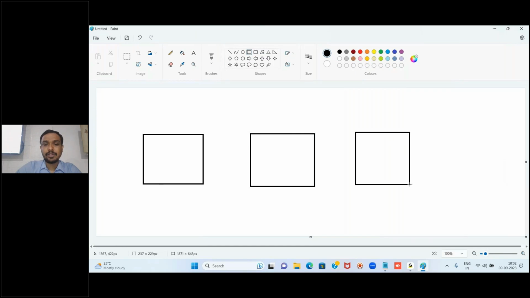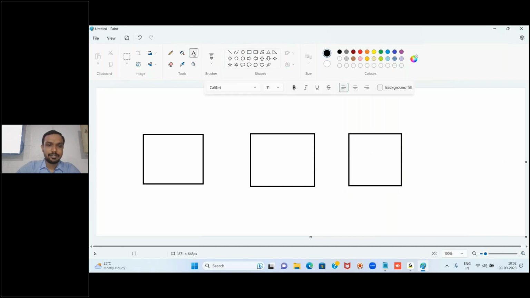Every web application follows this three-tier architecture. What does it mean? What does it contain? The first layer is called the presentation layer.